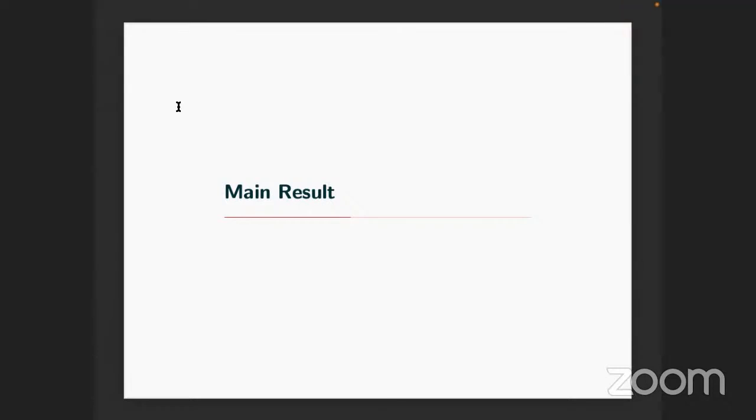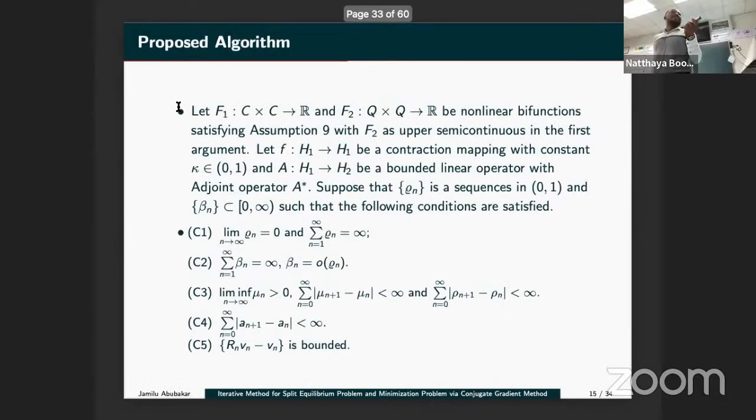There is no beta K there. So there is beta K here. You can call it beta K if you